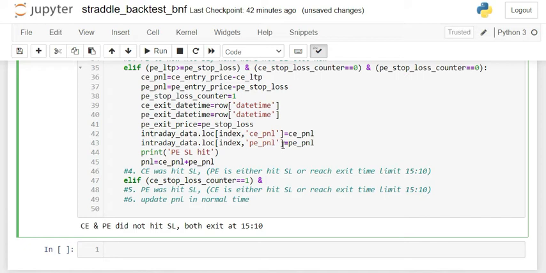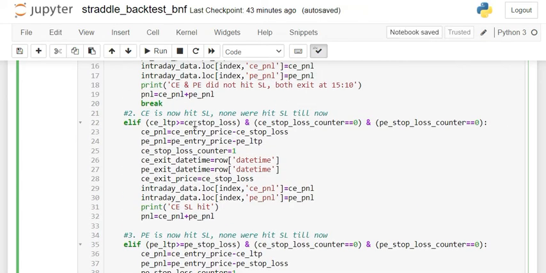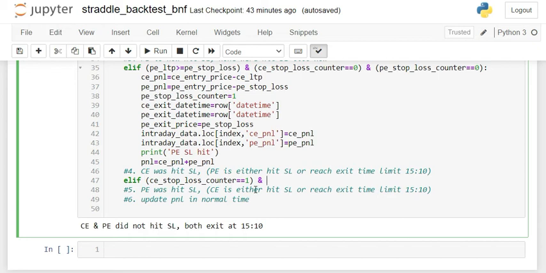So here we can say your row date time, call stop loss counter 1 and row date time, right? Because give me 1 minute, let me see what we did here. Call stop loss hit now. So I need call was hit SL, okay. So if call was hit SL, then